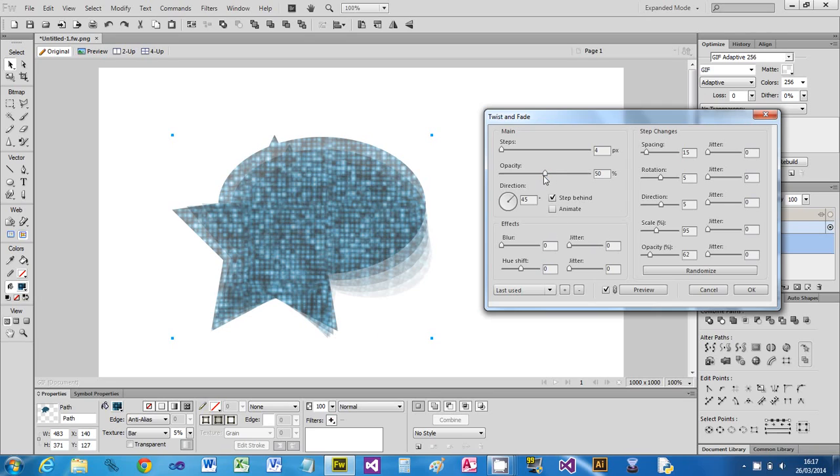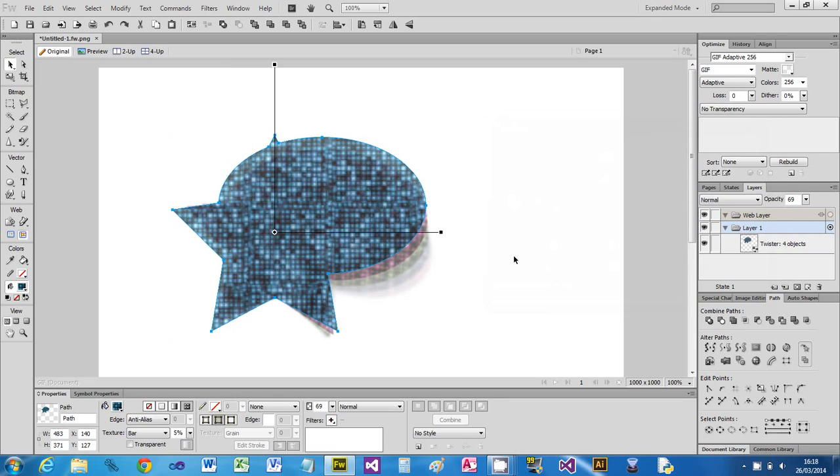So it's the opacity we can drop out. Okay, we can mess about with blur effects. So you can see that the faded ones blur out. Jitter adds a little bit of jerkiness to what you do, and it's quite complicated. You can even mess about with the hue shift. That's actually quite cool. Let's take the blur off a bit, and you might be able to see that a little bit. So I'm going to say OK on that, and I want to just change the